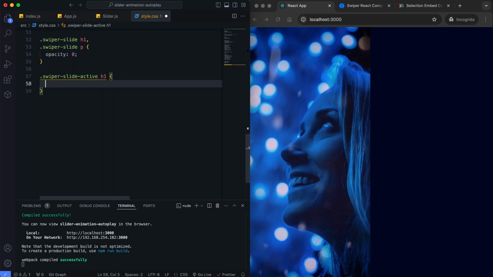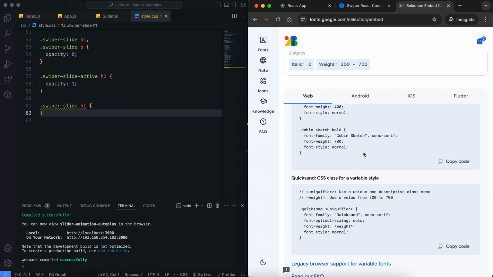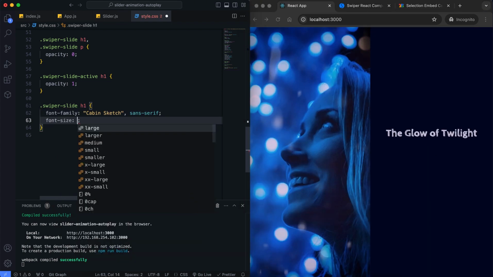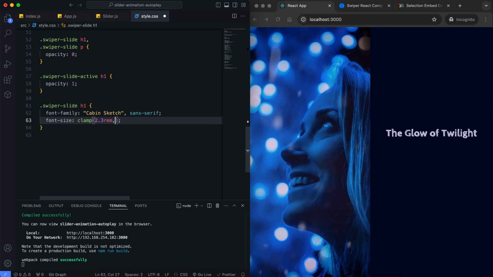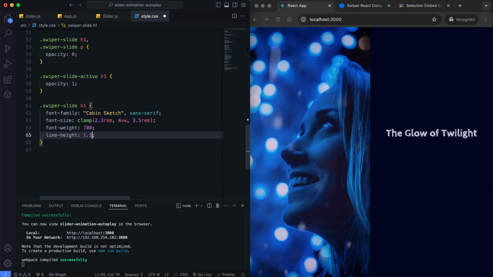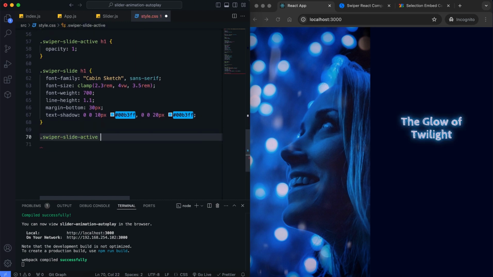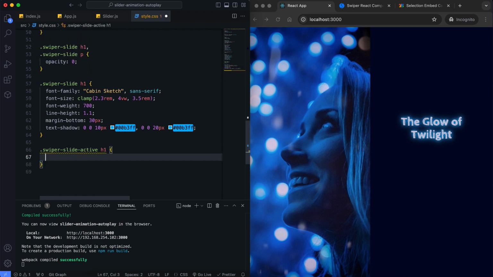For now, I'll set the title's opacity on the active slide to 1, so you can see the style of the title. Now I'm deleting this and adjusting it with the sliding title animation.